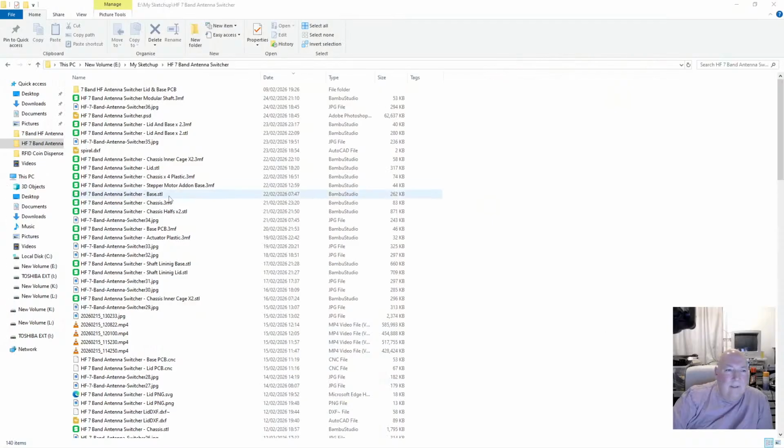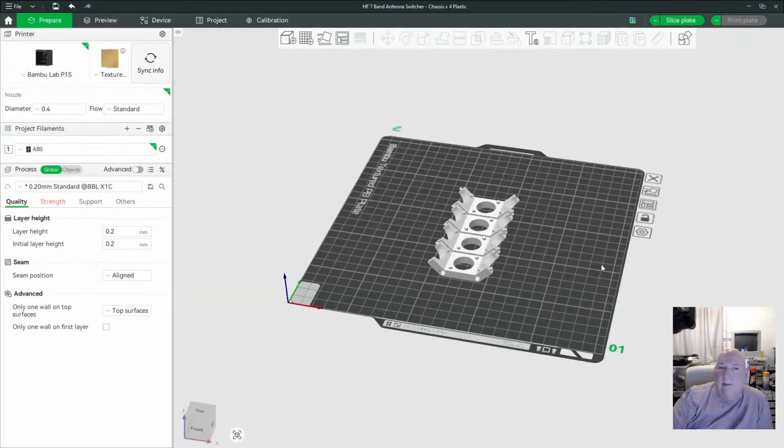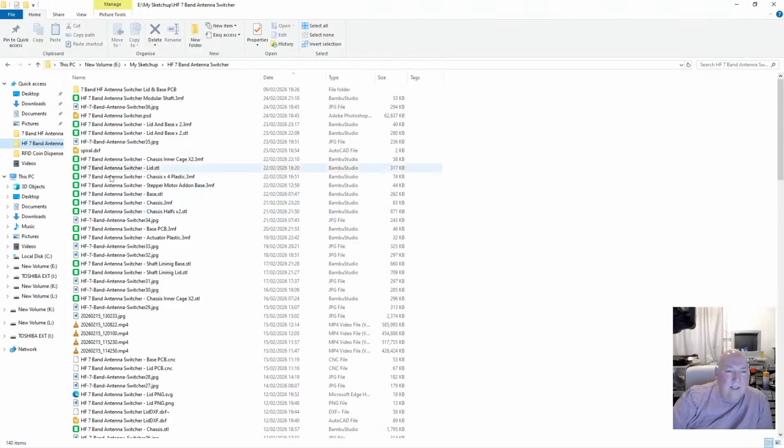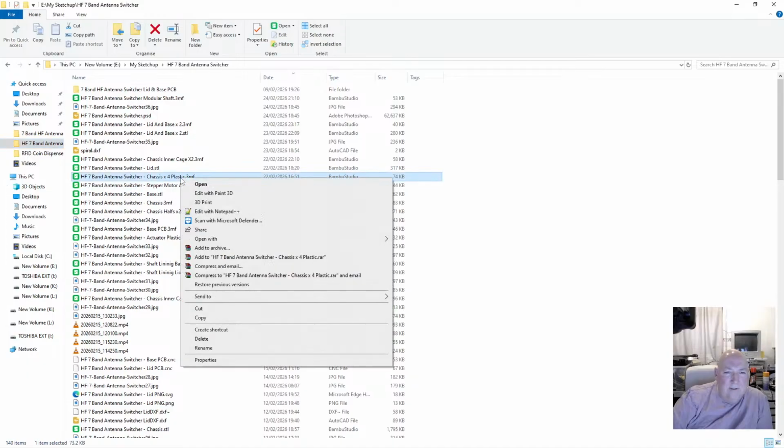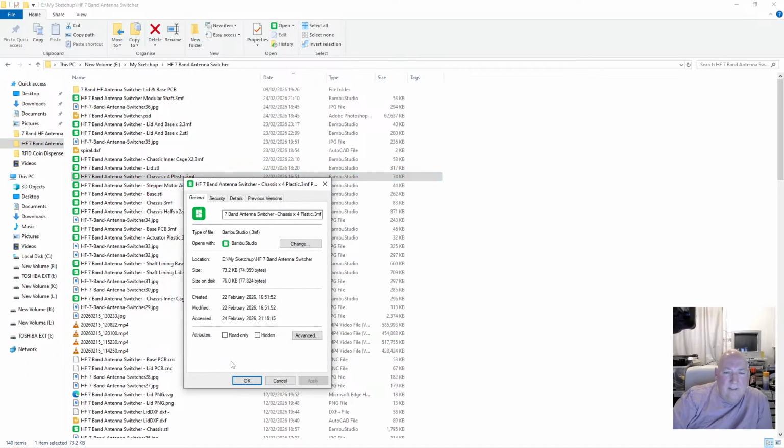I suppose if I look at the file manager, right, let's do it off the file manager. Let's have a look. So chassis, is that the one? Hang on. What's this? Chassis times 4 plastic. The date on that was the 22nd.